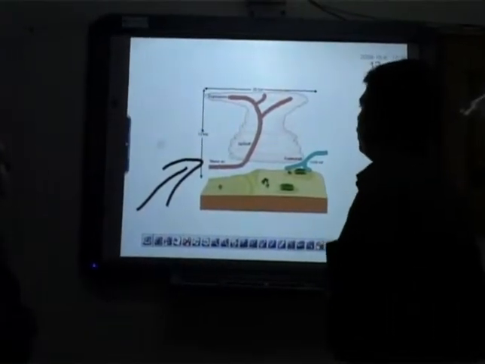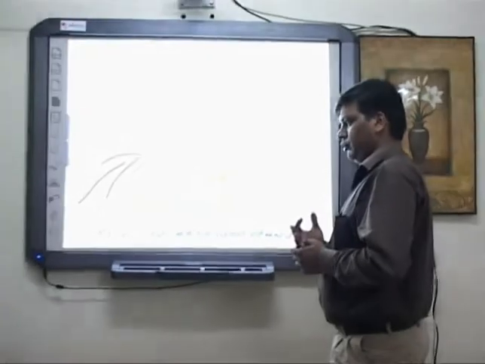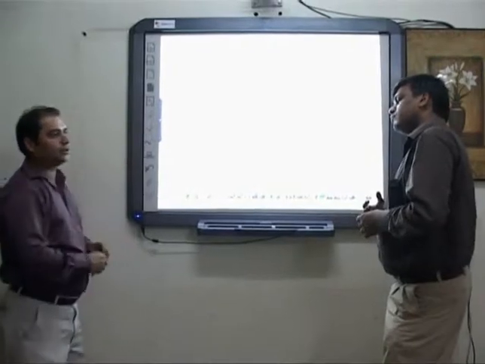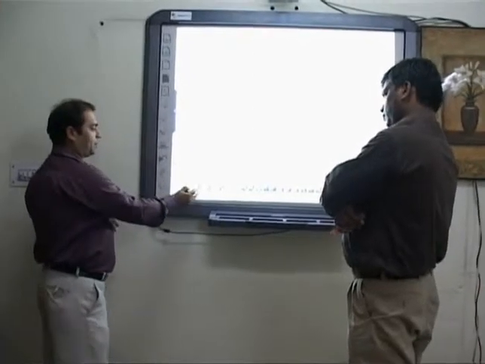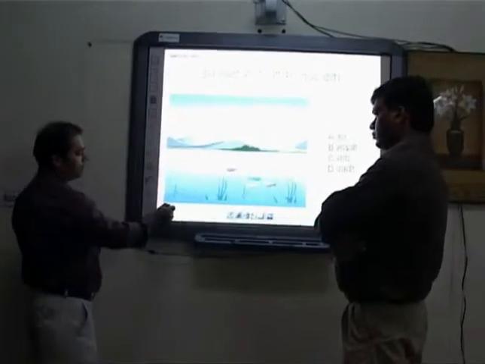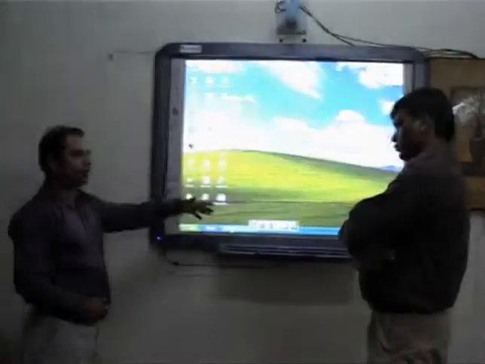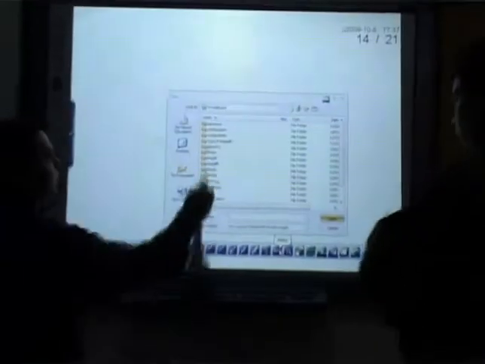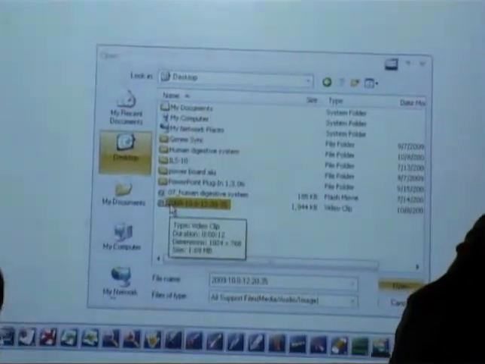Suppose I have something in my CD or pen drive, then how do I utilize this interactive whiteboard with my content? See, there are two ways. If you have some image, media file or audio file and want to open it from my computer files, just toggle between the computer and the whiteboard application format. Or suppose you want to import that file into the whiteboard application, then there is an option to open a media file. Select the location of that file. Suppose we have this kind of media file and want to import it in the whiteboard application, just select that file and drag and drop.